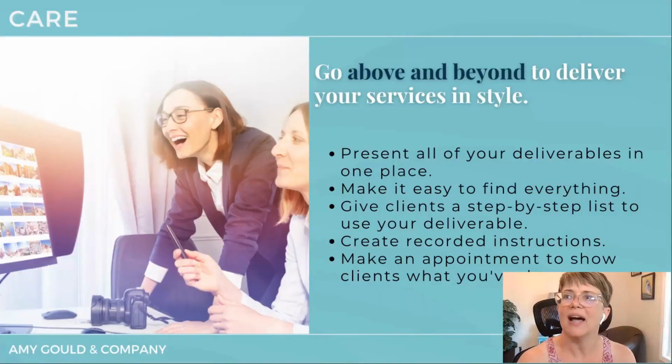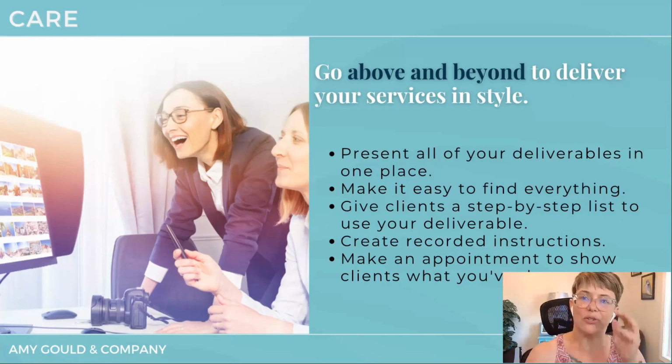So then care, you want to go above and beyond to deliver your services in style. And that can look like a lot of different things. But ideally, you want to present all of your deliverables in one place. One of the ways I love to do this in Dubsado is to create a questionnaire, which is not really a questionnaire. It's just showing them everything that you've created. So you could have buttons or links that link to, for instance, social media managers. Maybe you've got assets that are,